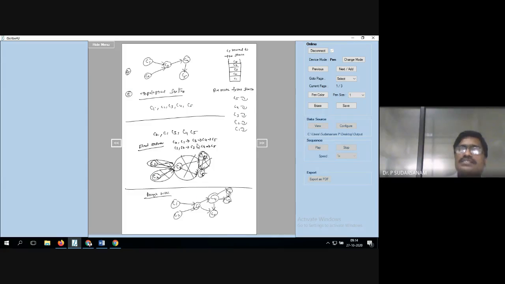From there, C3 you have visited, from C3 to C4, C4 to C5. Here also same thing. You can take C1, C2, next is C3, C4, C5. Here C2 is the first one, next is C1, C3, C4, C5. So final answer can be written like this. So both the orders are right. So what you have to take in the graph is where you don't have the in-degree, that will be taken first.